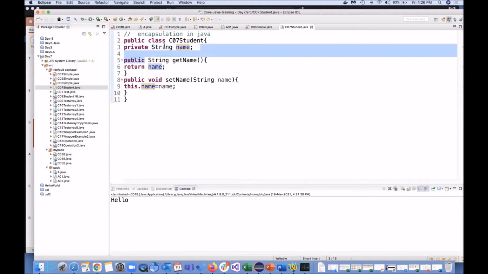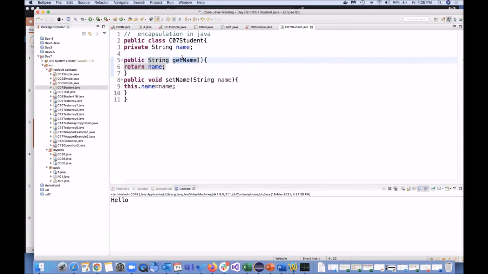So if you want to access this from outside the class, you can have getters and setters. This is known as getter and setter. Here the method getName is public, which is returning the same name. And if you want to update the existing name from any instance variable of the student, this will always refer to the current instance of the class, any object.